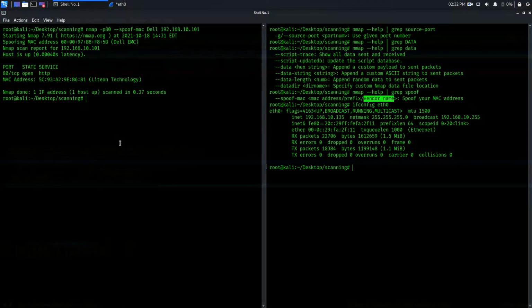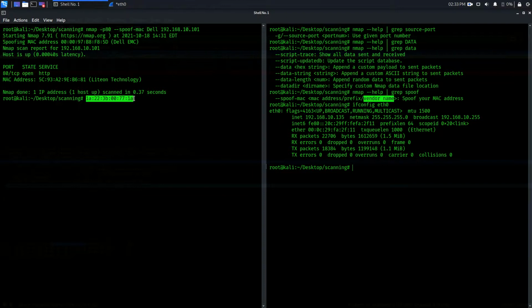Same like that, you can specify any MAC address manually. The MAC address should be like 1A:22:3B, like that, or 00 something like this. You can manually add that MAC address, like 771A. So let's add this.